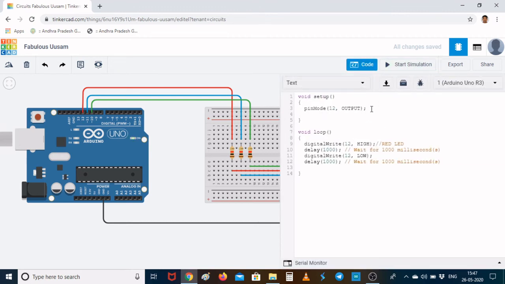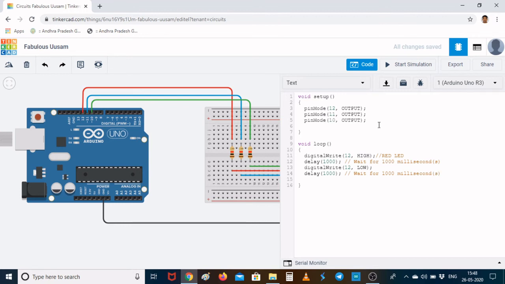In the code, you have initialized only one pin as output. Let me initialize the other two pins also. I have initialized pin number 11 and pin number 10. Now let me copy this code and paste it again. Okay. Why?